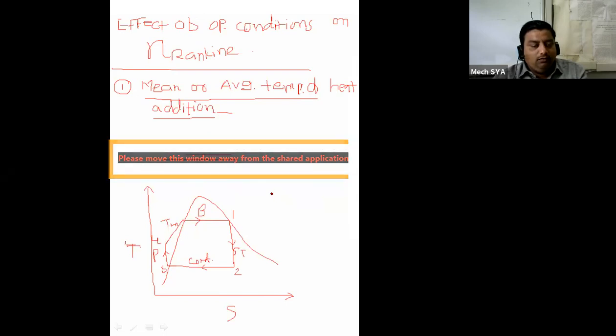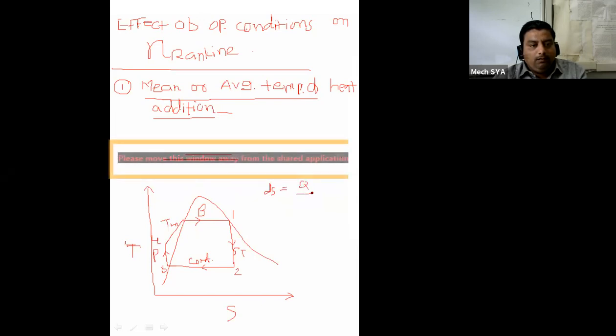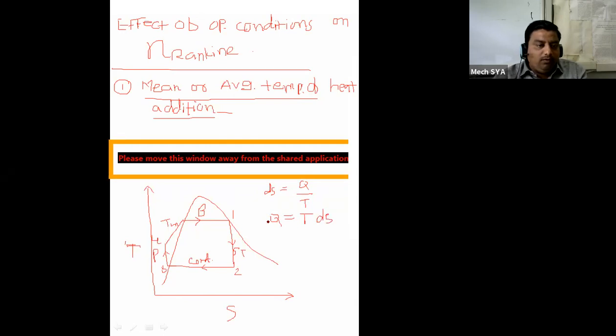And we know that during constant temperature process, ds is equal to integration dq by T, or Q divided by T. Okay, and therefore heat can be calculated by formula Q is equal to T ds, because mean temperature is only one, therefore temperature will be constant. Mean temperature will be constant, not in real case, but only because we are assuming it is mean, it should be assumed as constant. Therefore heat supplied we can calculate by the formula. Anybody?